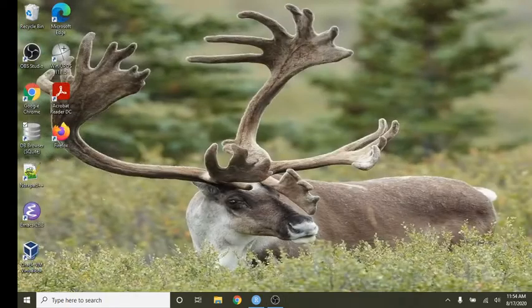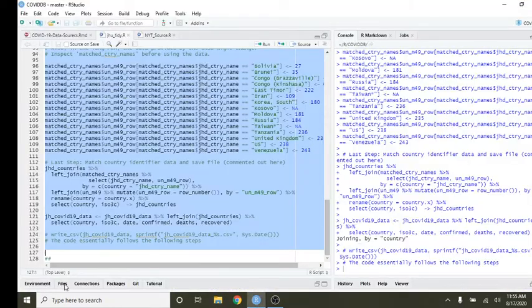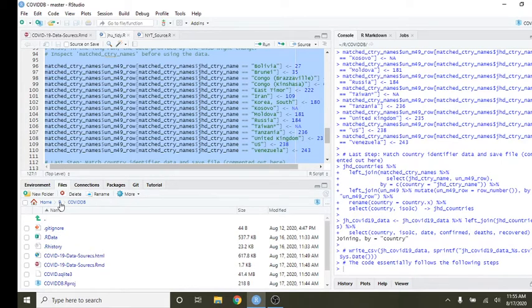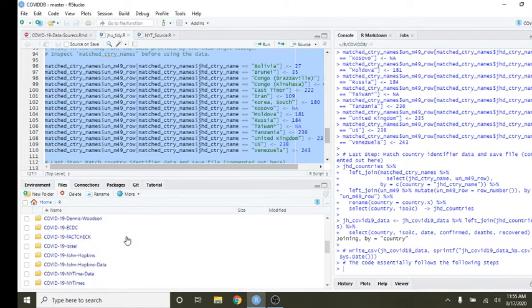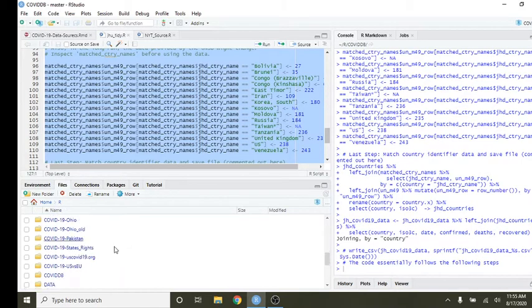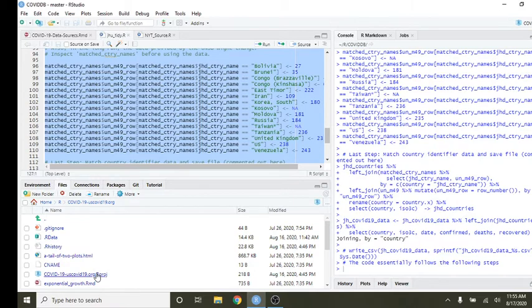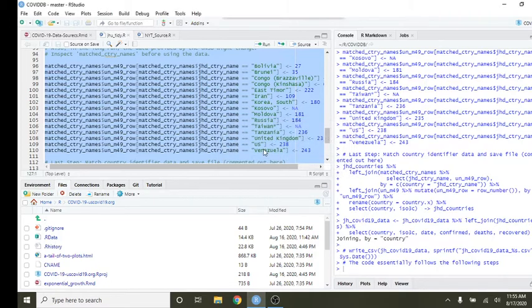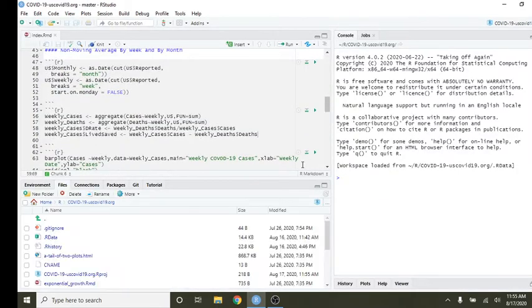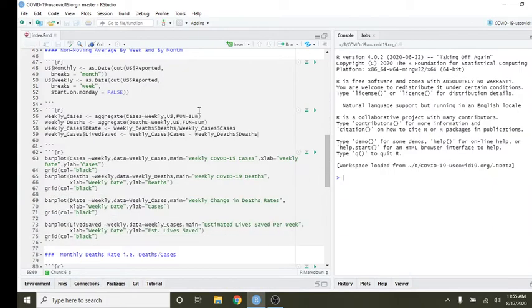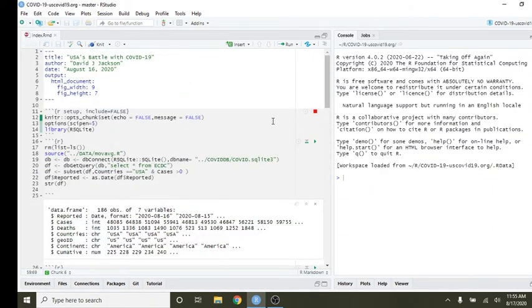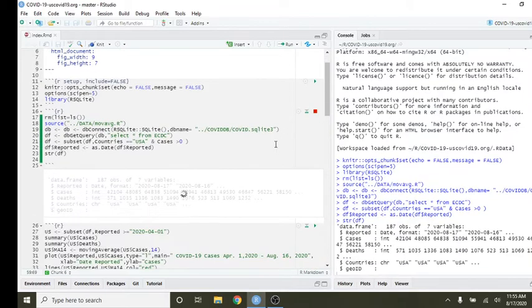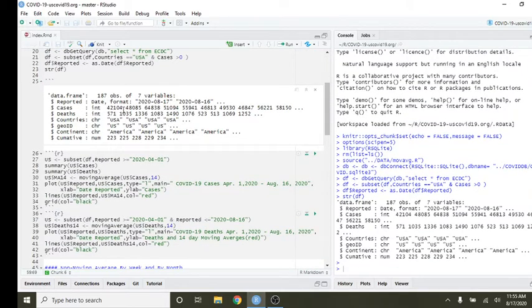Okay, let's begin with the report for the U.S. Let's take a look at this section by section. As usual, we start out by loading our libraries and pulling some data. You can see there is some data here, clearly 187